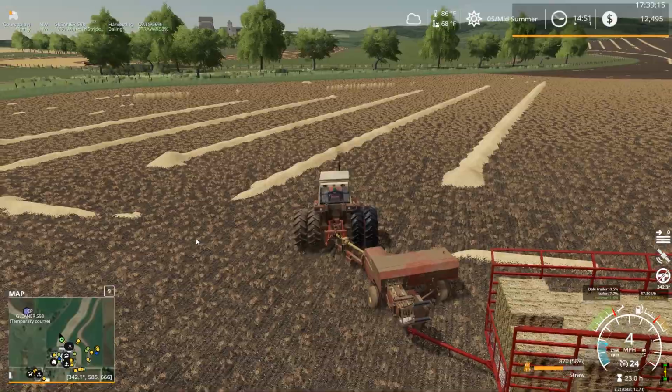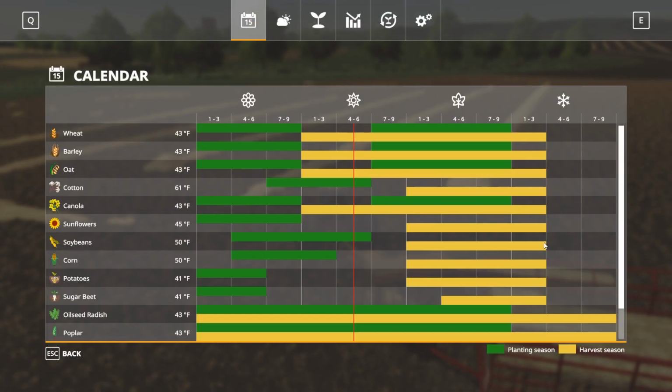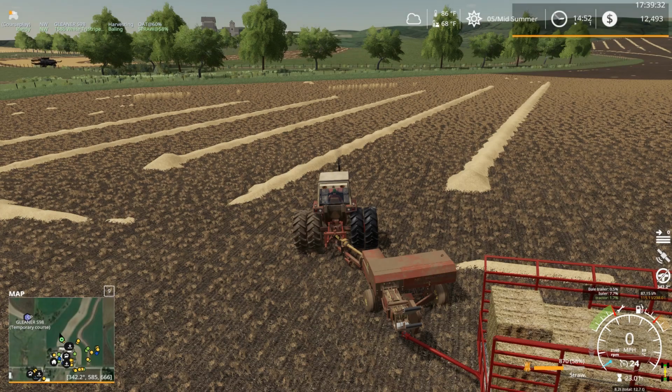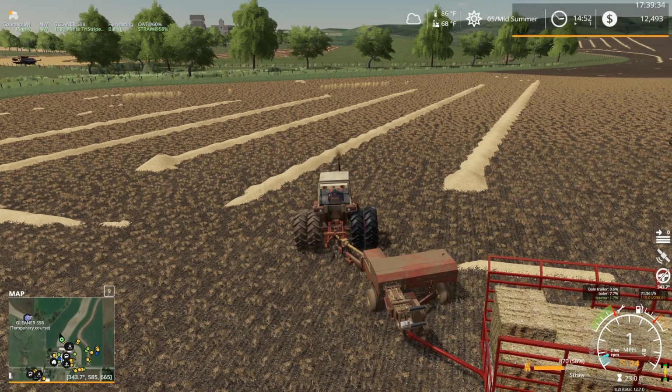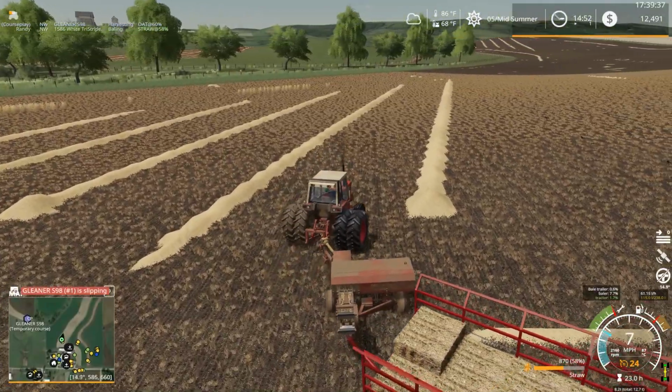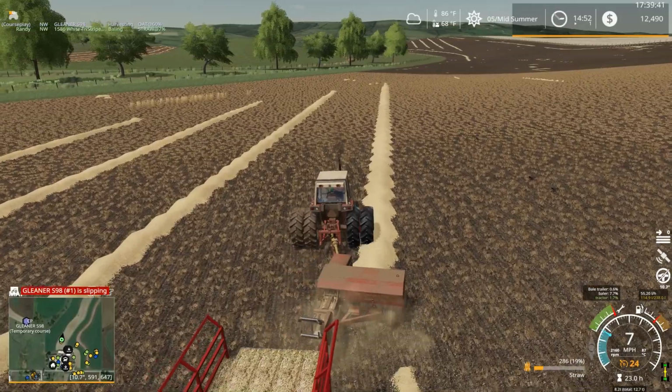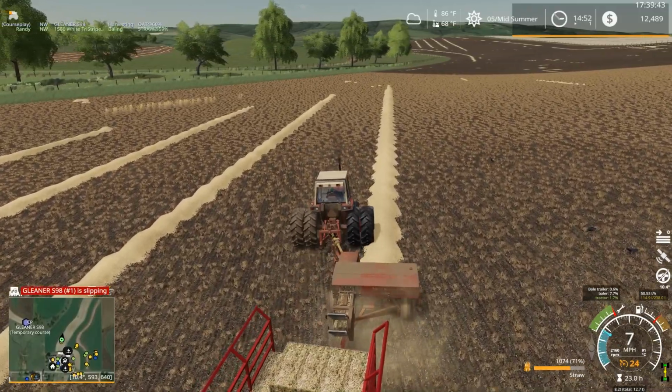Also, I'm not sure. Let's check the seasons mod real quick here. We are in the planting season for cotton. Interesting. We are also in the planting season for soybeans yet. Interesting, everyone. We could potentially try to replant these fields in soybeans, see if we can double crop them. I don't know if that'll work or not. We seem to be a little late in the season, if you ask me, but